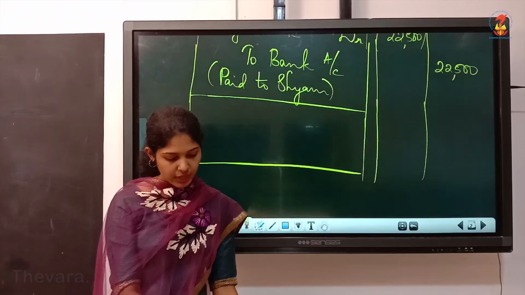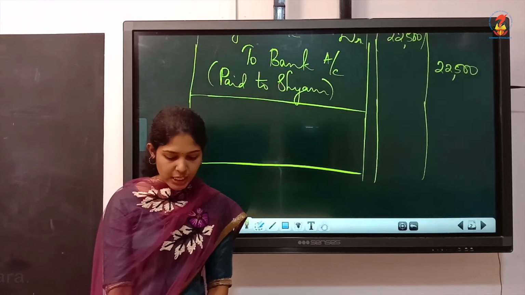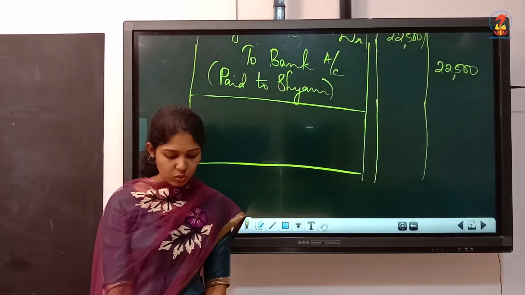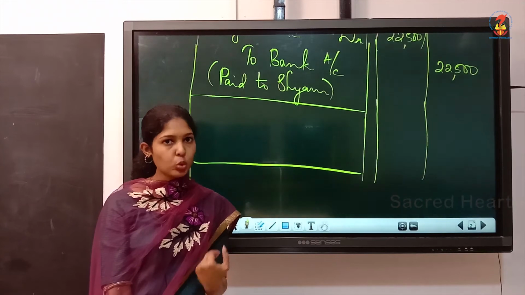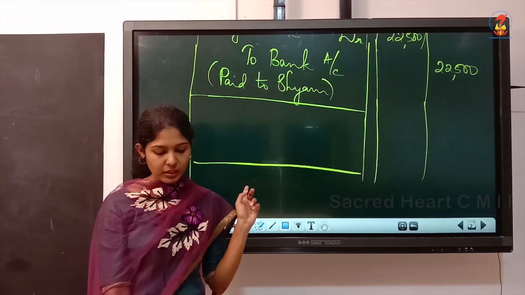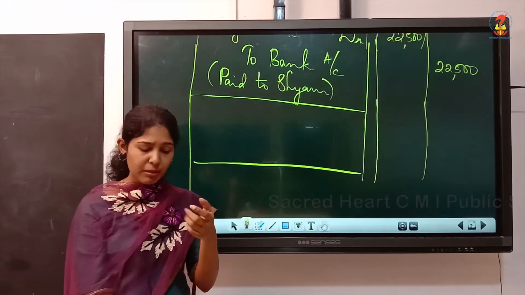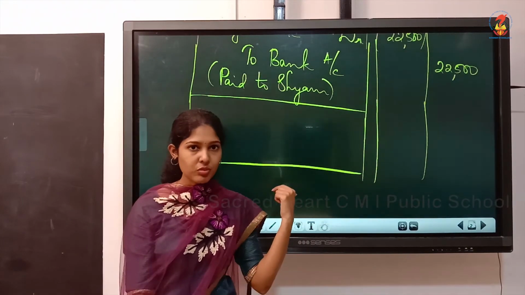Clear? Then the next one, cash sales. Okay, cash sales, you can write the journal entry. What is the cash sales entry? It is cash account debited to sales account. Just write that, because all those transactions are familiar to you, so we'll just discuss. But you must write in your book.